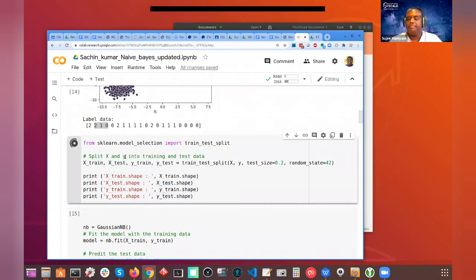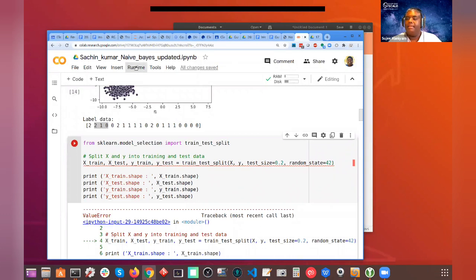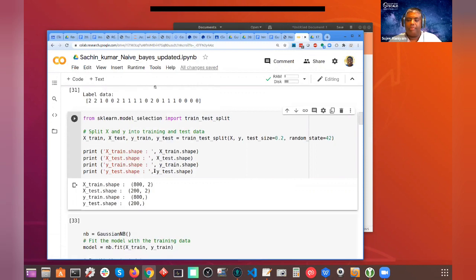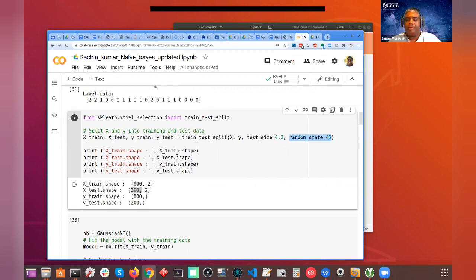All right, so that's that. Sorry, I should be running along. So there we go. Here I see there were 1,000 samples, and I'm doing 80-20 splits: 800 for training, 200 for testing. Good. And I also like the fact that it uses a random state, so when we are running the code, you'll get the same split. So all the practices we used are being put to use. That's very good.